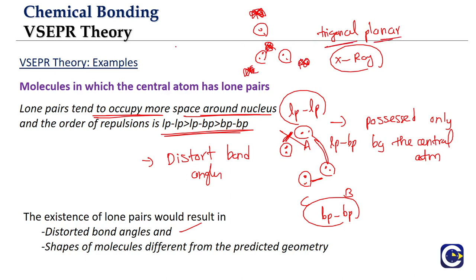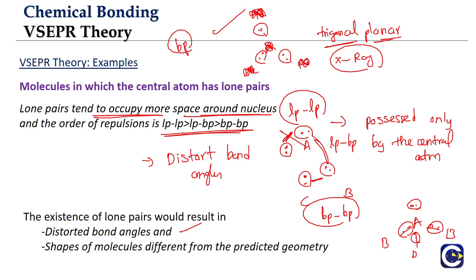So in the case of molecules with only bond pairs, each bond pair direction will be occupied by one other atom. So the overall shape of the molecule can be given straight away based upon the geometrical arrangement of the valence electron pairs, based upon the minimal repulsion theory predicted by the VSEPR postulates. But when it comes to the existence of a lone pair, say A is the central atom bonded to 3 atoms of B, and there is a lone pair. When you want to look at the shape of the molecule, as per the geometrical arrangement, you will also count the lone pair separately.